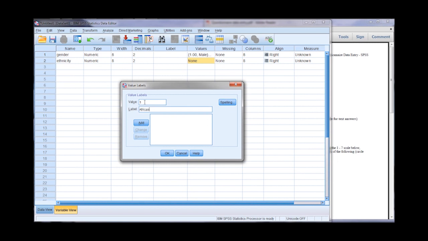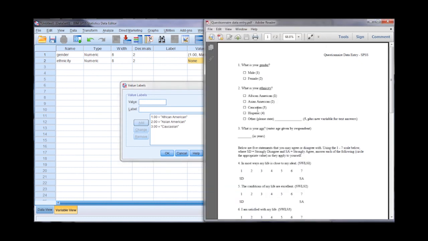For 1, we have African American. For 2, Asian American. 3 is Caucasian. Just so you can see that here, 3 is Caucasian, 4 is Hispanic, and other is 5.